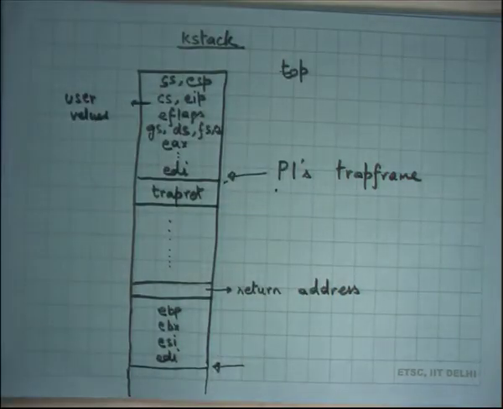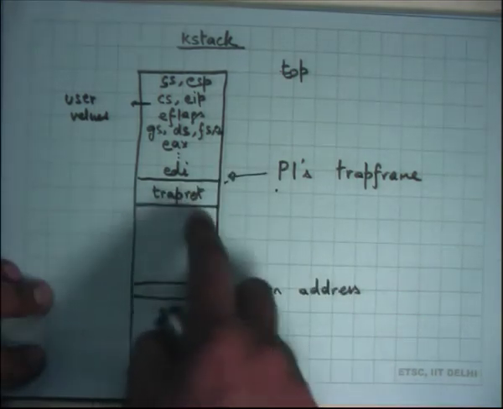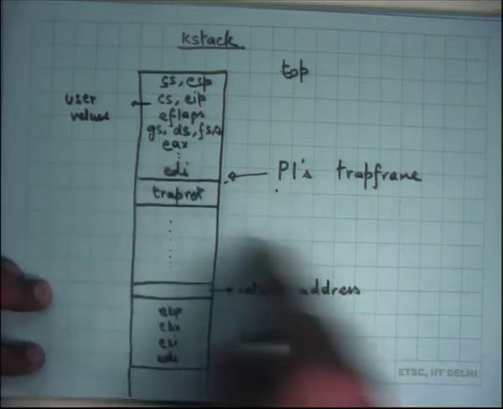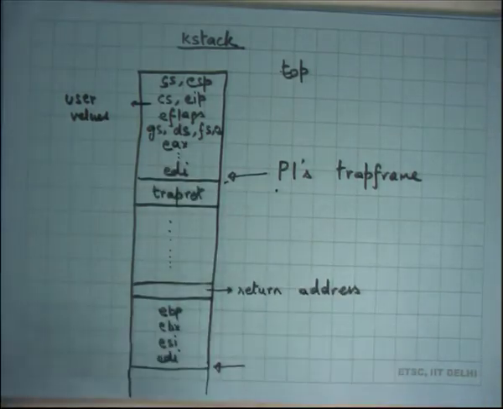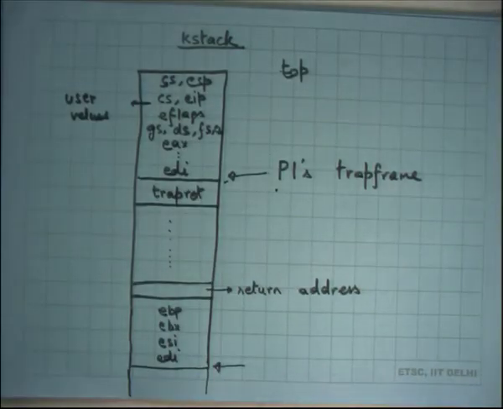So from now on the stack will behave just like it is expected to behave in case of function calls, right? So you make a function call, but before you do that, make sure that the return address is trapret, right? Now those functions are going to get executed. There could be a deep chain of function calls, one after another, in which case multiple return addresses will get pushed, and then popped, and eventually when you reach here, trapret is going to get popped, and then it's going to pop off all these registers, and then call iret, and go back to user mode, right?